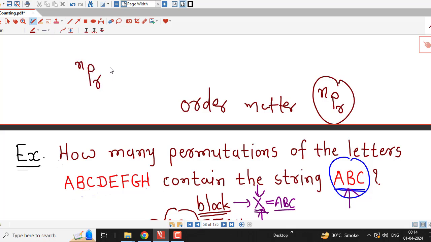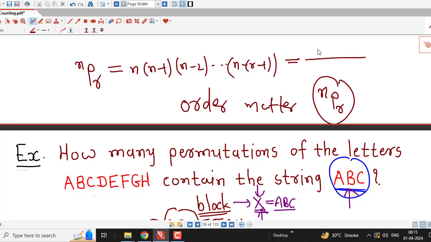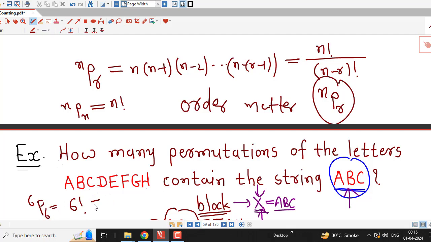The formula is n into n minus 1, n minus 2 and so on, up to n minus r plus 1, or the equivalent formula is n factorial divided by n minus r factorial. And if we are considering arrangement of all the objects, then that turns out to be n factorial. So here we have 6 factorial, that is 6P6, and that turns out to be